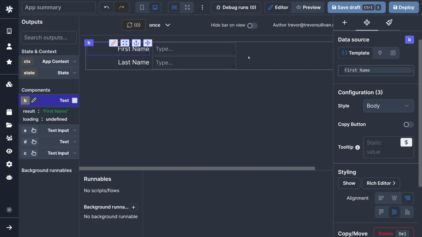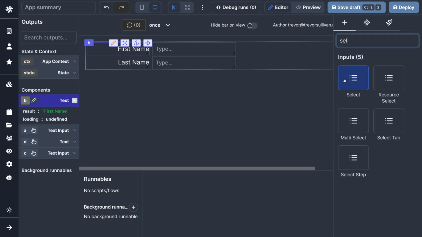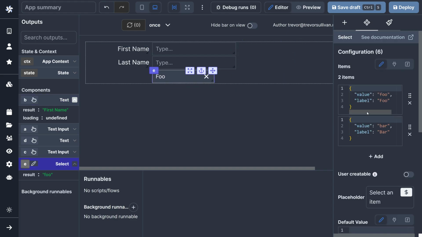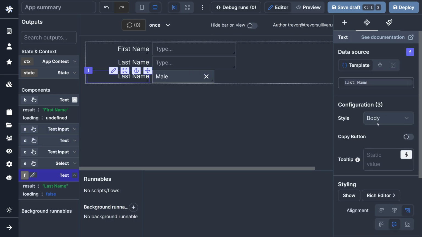And now we just need to add one more for gender. But gender is going to be a select item because we only need to be able to select either male or female for the gender, right? So what we're going to do is add in two different static items here. We'll do male, and then female. All right, so now we have those two different entries in our drop-down list right here, so you can choose one or the other. And then let's add another label to our application, and let's just call this gender: